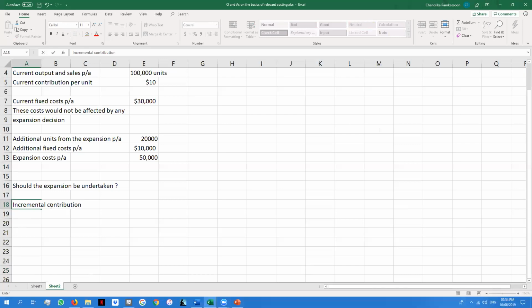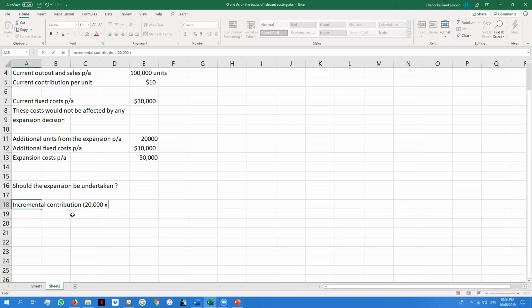Everyone knows anyway, although it is a term used in relevant cost, and we all know what increment means. If in your job you've been told you're going to get an increment in your salary from next month, that means an addition to your salary. So incremental contribution, I'll put here in brackets 20,000